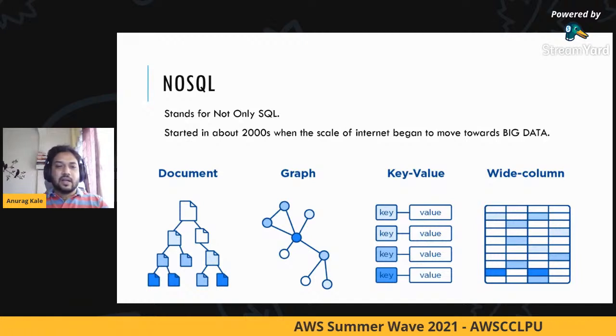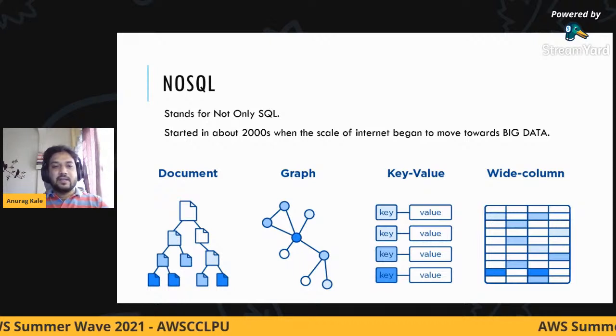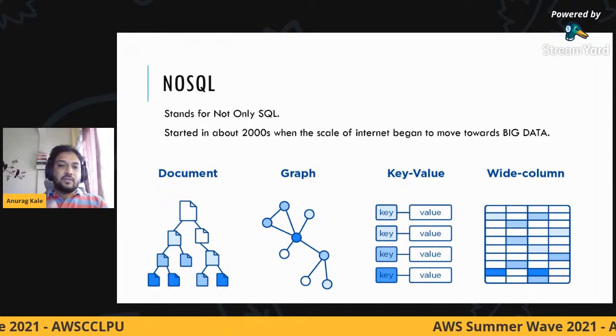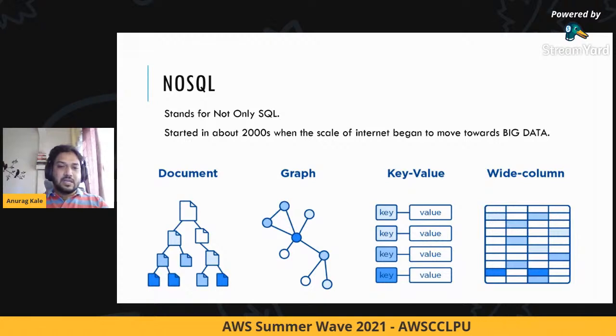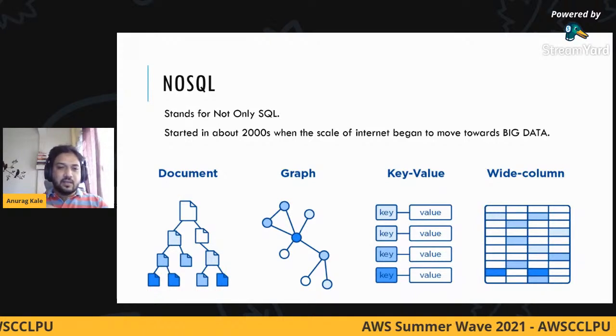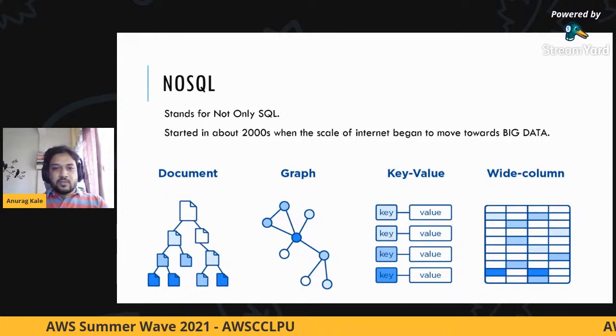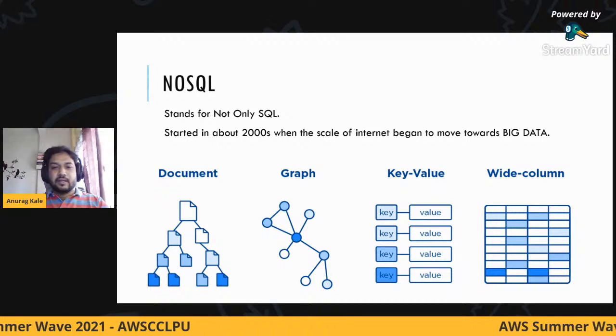You know that graphs start from G, so you can skip A, B, C, D, E, F and directly look at G. So if you have an index built on top of keys, you can directly skip anything from A to F, look at graph, and fetch the value. So this speeds up the retrieval.